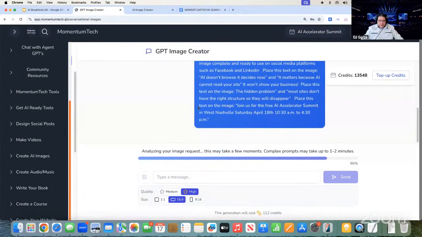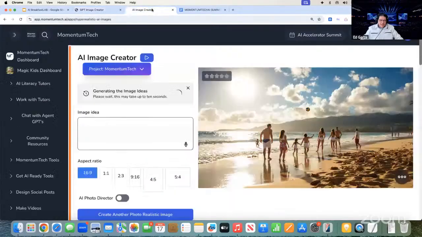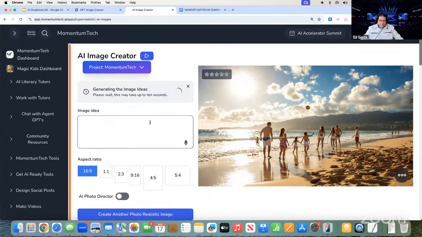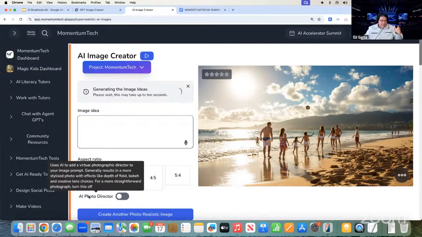So while that's working, this one's almost done. And you could choose different aspect ratios here for social as well. 16:9, I'm doing a 16:9. You can do any of these. Then you can turn on the photo director. Basically, what that does, it uses AI to add visual photography, like having a director, to add to your image prompt.